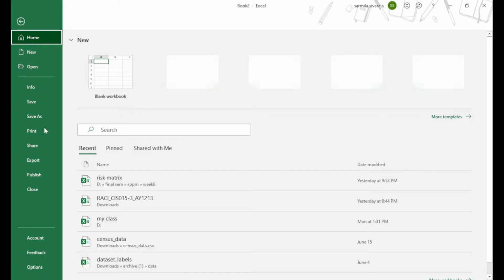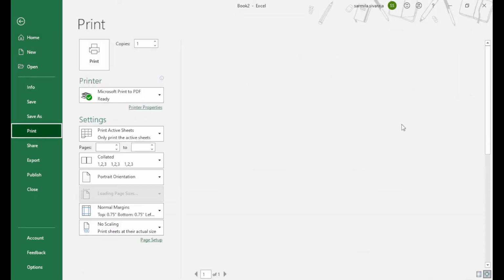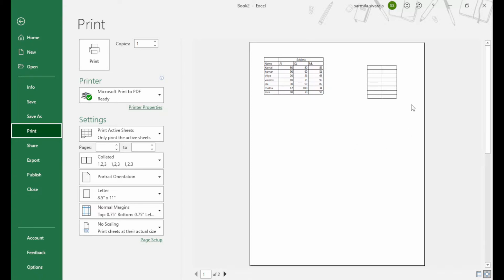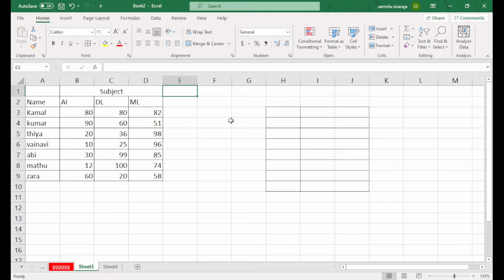Then back to the print preview, and only then does it show the borders here. Otherwise, it looks like it's empty, like a blank. And these light ash color lines are called virtual lines.